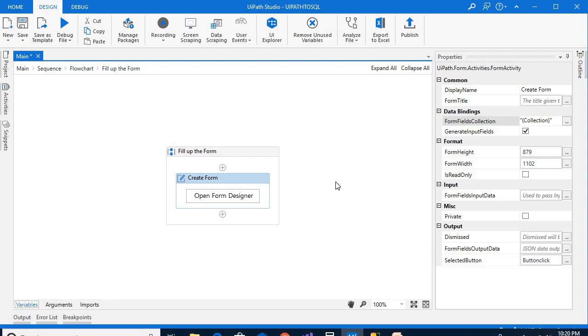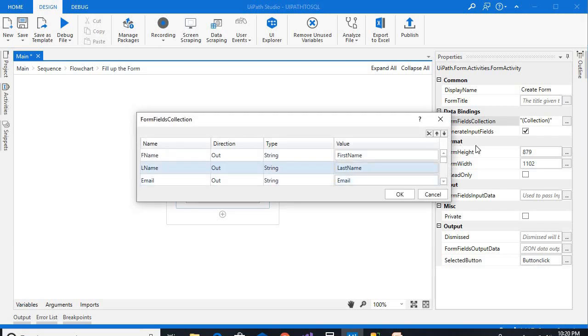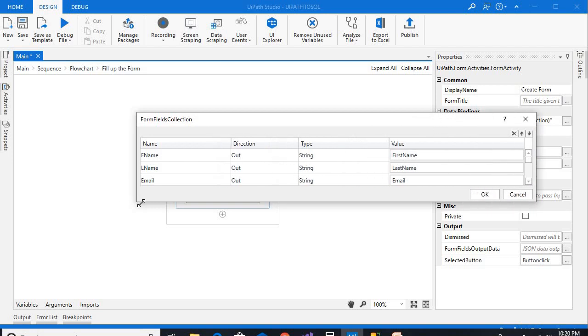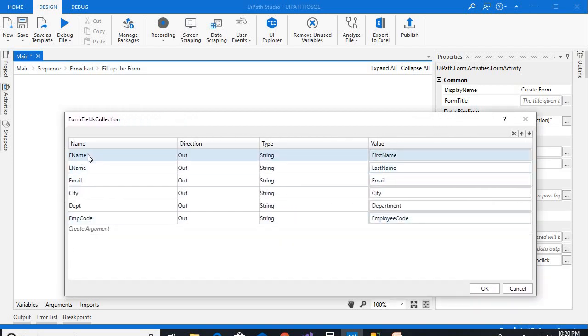In my previous video I gave you a brief on what data binding is and how to connect these variables with this data binding format. So in my collections I have declared all these variables: first name, last name, email, city, department and employee code over here.